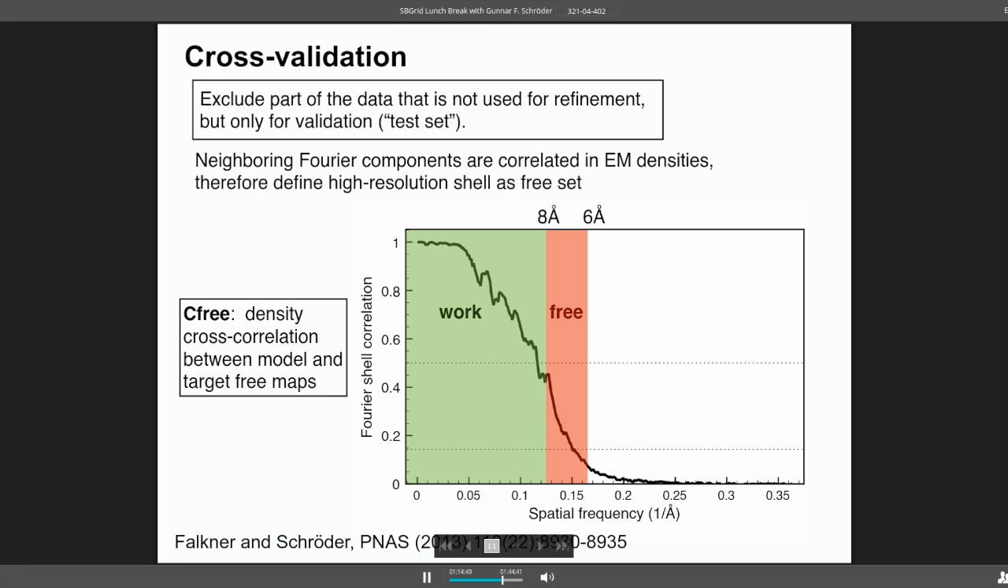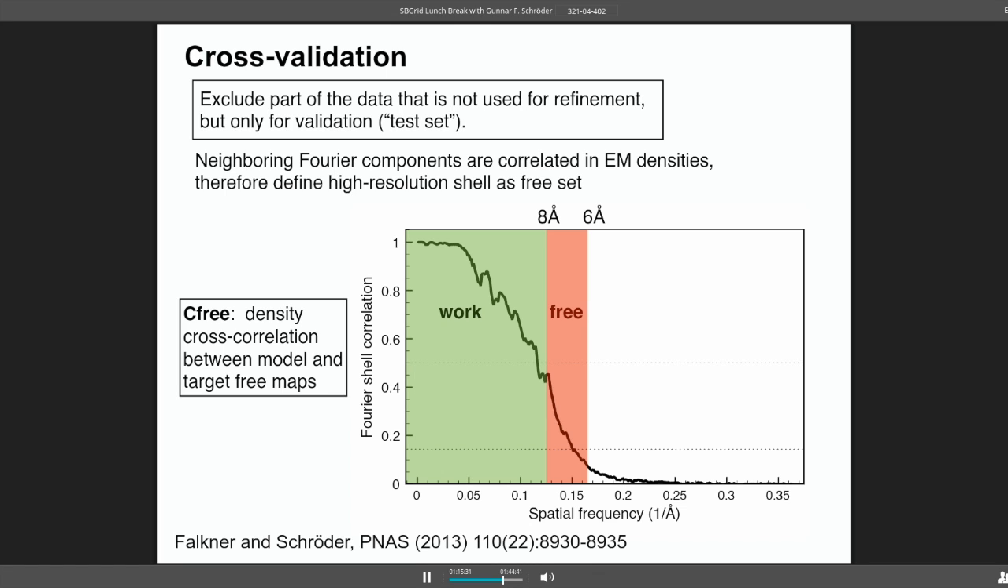Now the problem is that with EM densities, this doesn't work that well, because the Fourier components in your density map are quite correlated. The neighboring Fourier components are correlated. If you just randomly take structure factors from your whole set, they wouldn't be independent at all, because the neighboring Fourier components are in the work set and they are heavily correlated. So what we do instead is exclude an entire range, a Fourier shell, from the refinement, and we use a high resolution shell